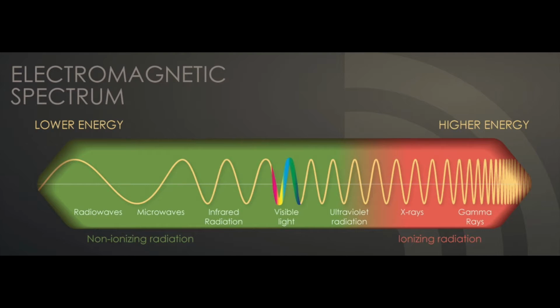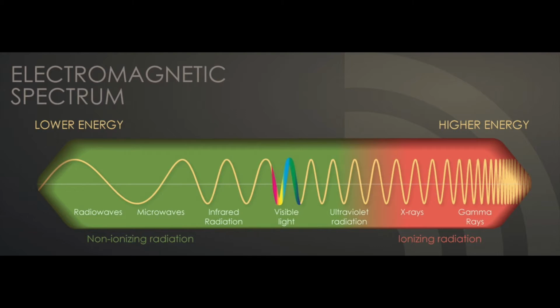Not all radiation is ionizing. Only higher frequency or higher energy radiation is ionizing. As you can see from this chart, lower frequency or energy radiation, like radio waves, microwaves, and visible light, are examples of non-ionizing radiation. But higher frequency, higher energy radiation, like gamma rays, X-rays, and some ultraviolet rays, are ionizing